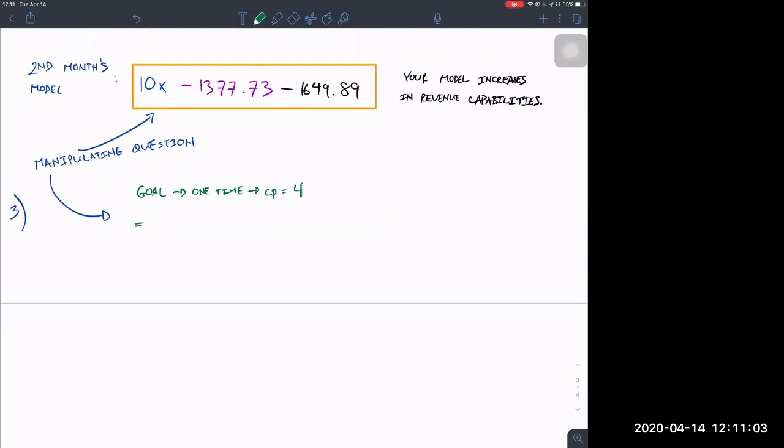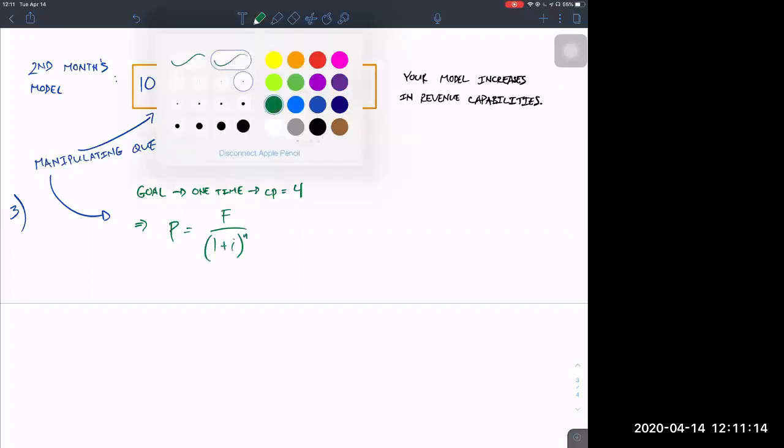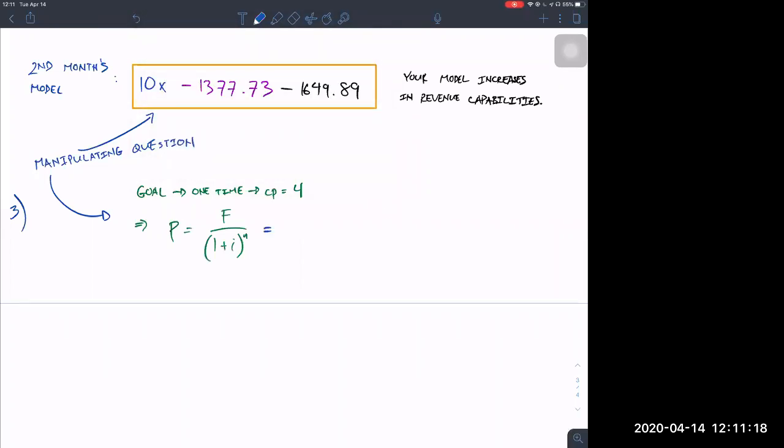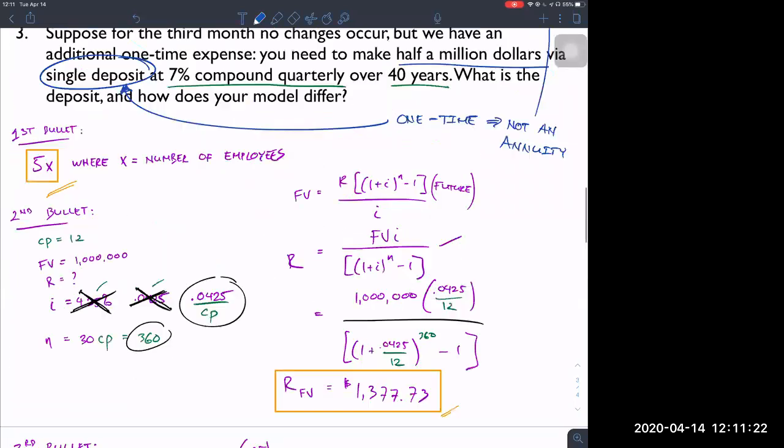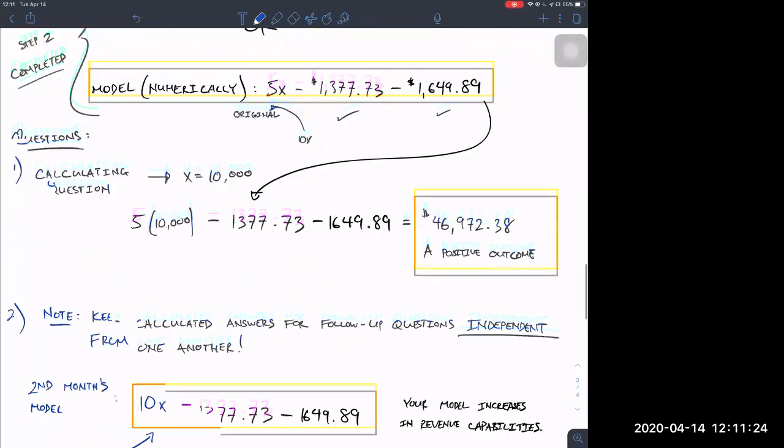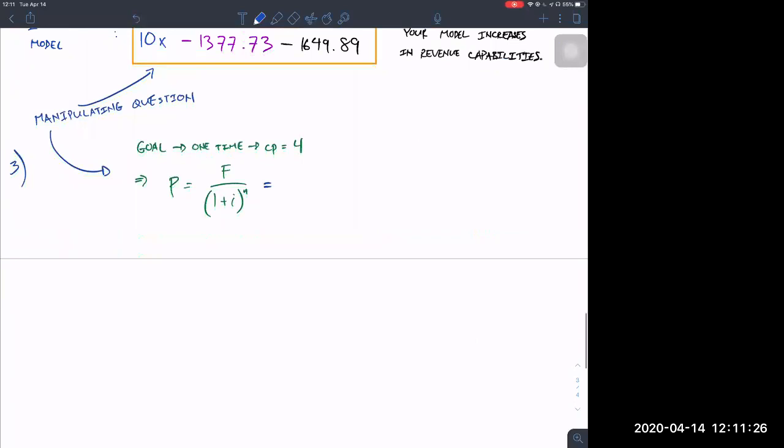So that implies we're going to use this equation right here. P equals F over 1 plus i raised to the n. Okay? Which means that